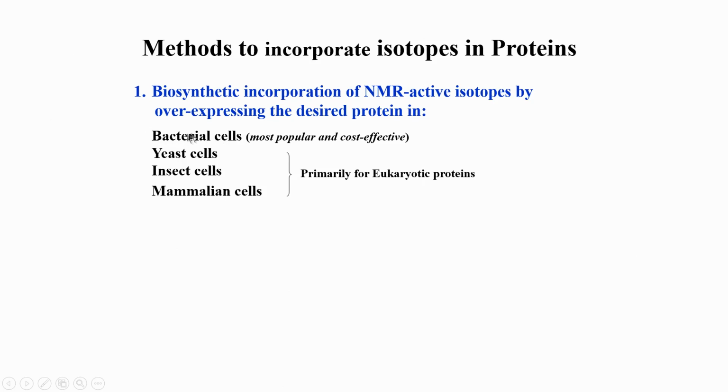Now, this is one approach. So, what are we doing? We are expressing the protein which we want in a cell. That means, it is a live cell, we are making the protein in the cell. The second approach is we can get rid of the cell, we can do what is called cell free synthesis of a protein. Again, this is for isotope labeling. So, cell free isotope labeling of proteins, and this is an in vitro approach.